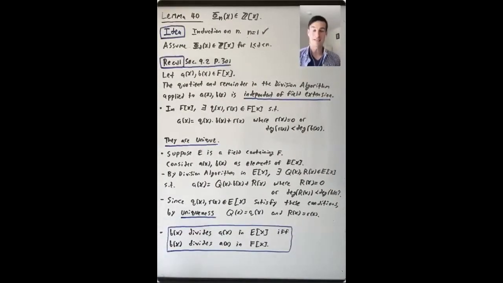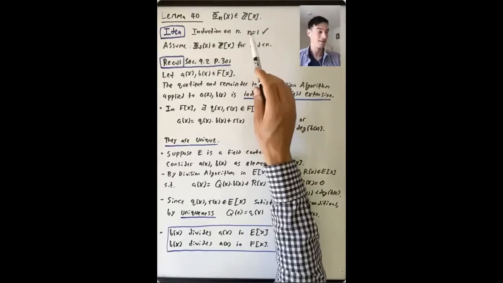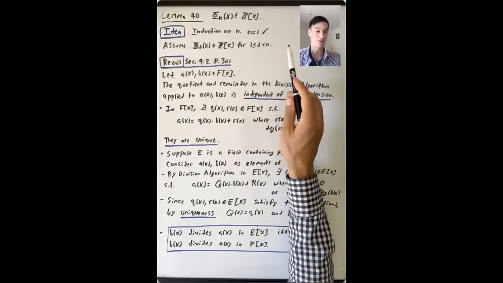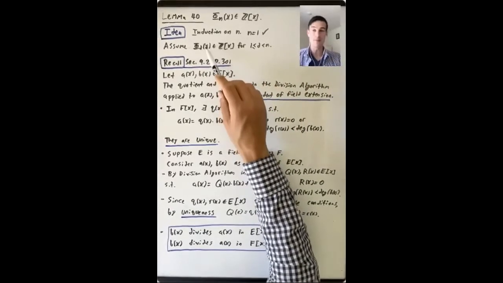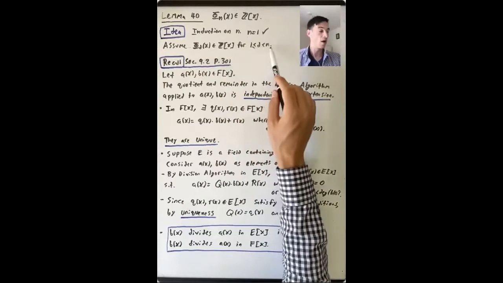The goal for the rest of this video is to prove that the nth cyclotomic polynomial has integer coefficients. There are a couple of ideas that go into this. The first one is that we're going to argue by induction on n. Okay, n equals 1, check, x minus 1 has integer coefficients. So we're going to assume that the dth cyclotomic polynomial is in Z bracket x for all d less than